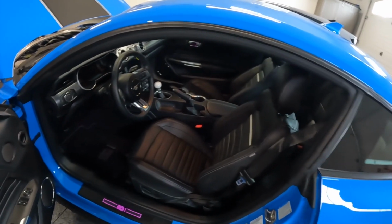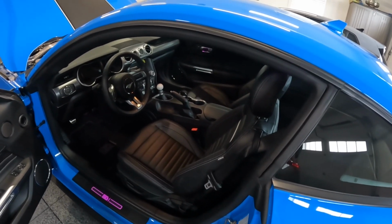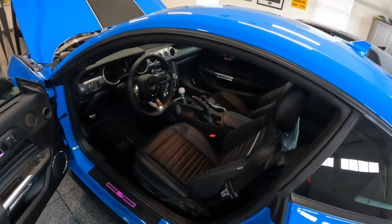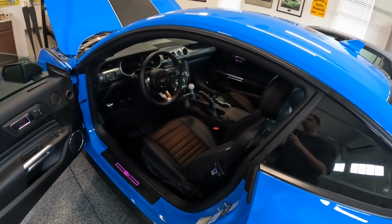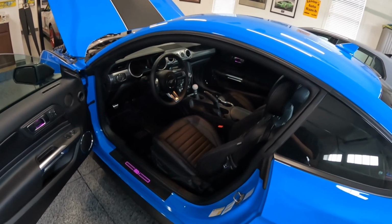I think the standard seats are fine. Honestly, they're more comfortable. So anyways, it does have a Tremec 6-speed, which is different than the other Mustangs, which makes the Mach 1 kind of unique, other than the GT350, which had the same transmission, which is no longer produced. The standard Mustangs, you know, GTs, have a MT82,